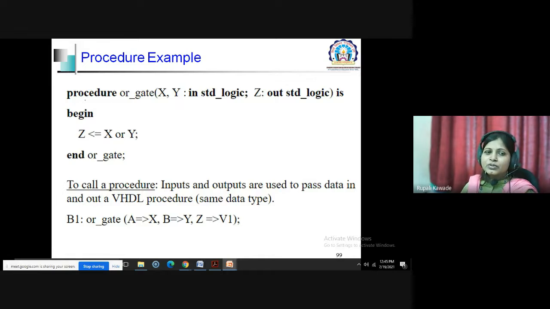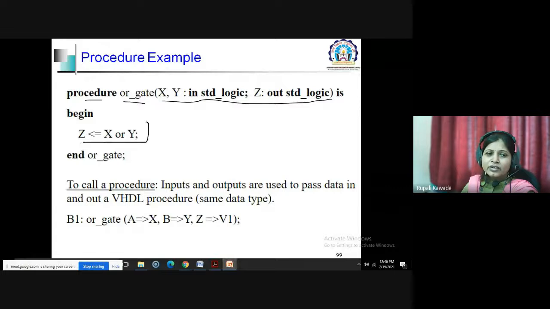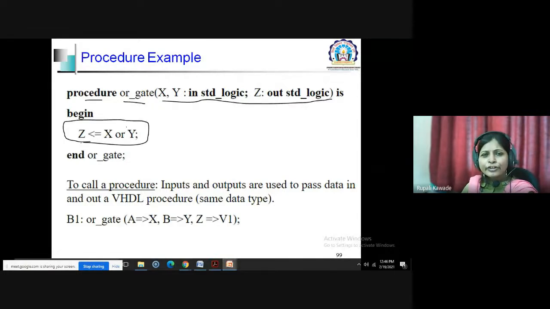Okay, so procedure is the keyword, then the name of the procedure. Now here everything is written in the parameter list itself. So this is the procedure body, you can see. Begin is a keyword. In between begin, you are writing a simple statement, ORing of x and y, and its result we are assigning to z. So what is z? Z is known to this procedure. Yes. Why? Because we have taken it as an output parameter for this particular procedure.